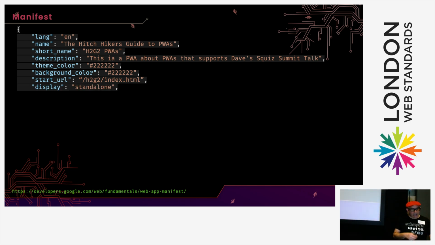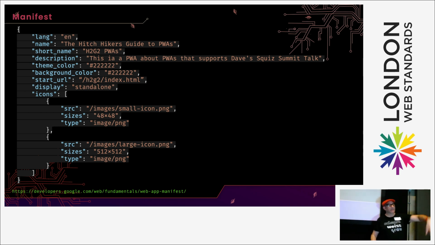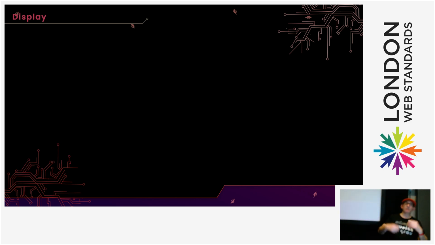And we can tell it how to display that app on my device. We'll talk about that. And then we can give it some icons. So you might have a big icon, small icon. I don't know, maybe you've got a super retina device that's 4 times normal pixels and any of that nonsense. There's loads and loads of settings that can go into a manifest. But basically you can say, make my browser this color. So when somebody loads your website, it comes up in a nice color that you like rather than the browser of choice.